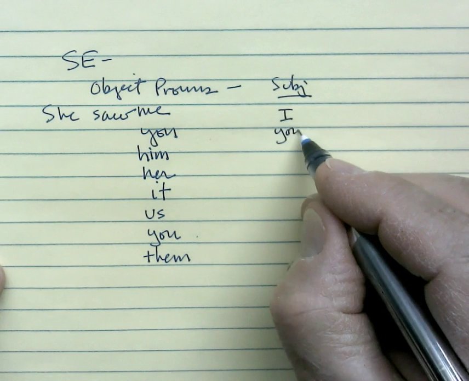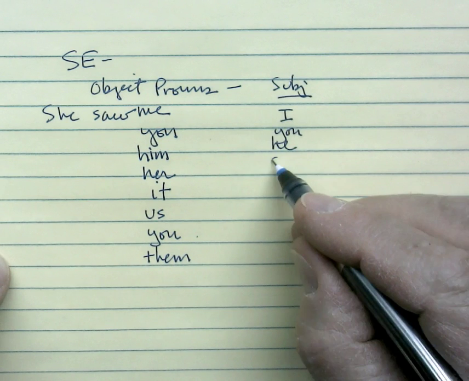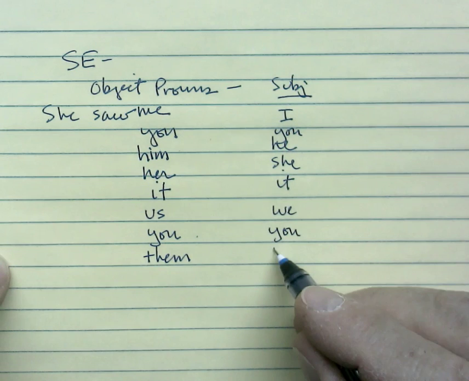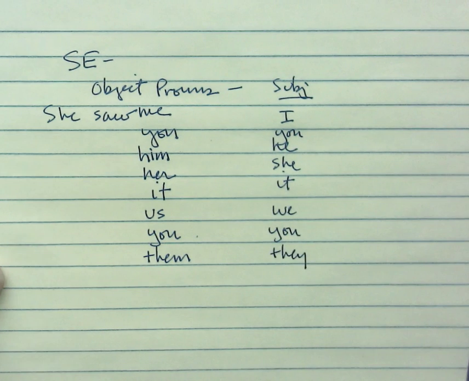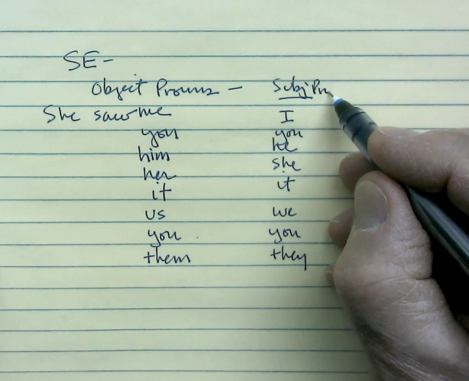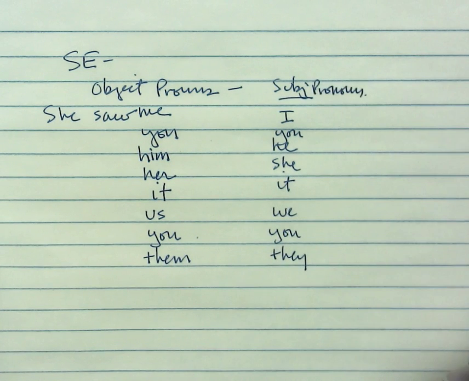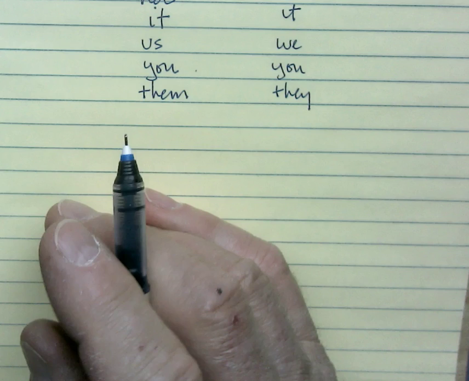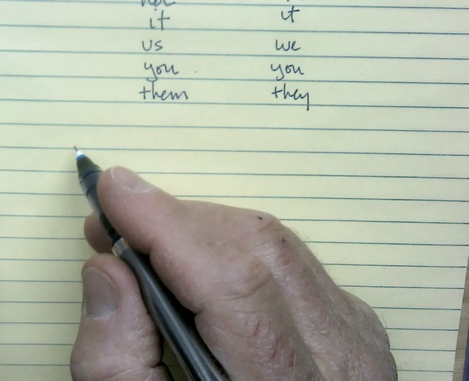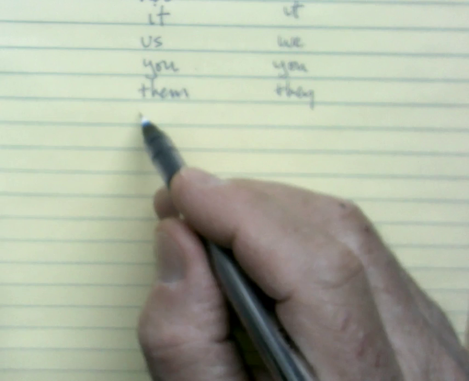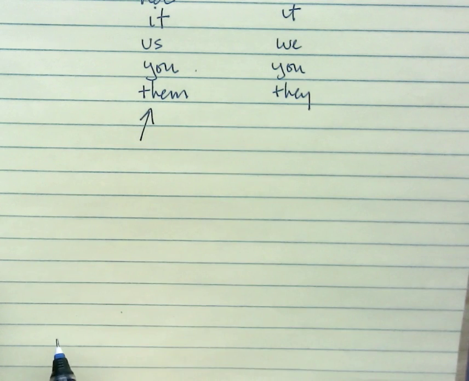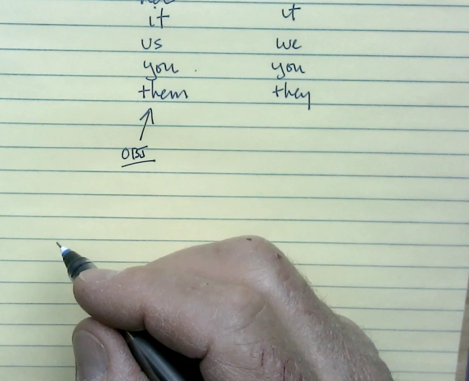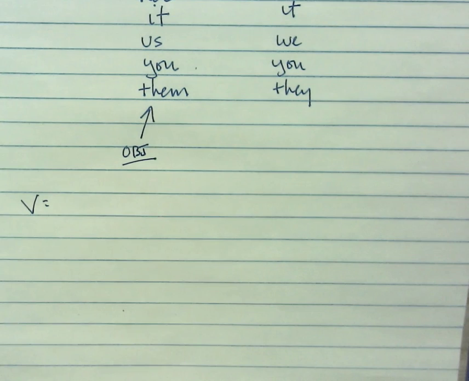I, you, he, she, it, we, you, and they. They look different. These are the subject pronouns. But what vernaculars do, and this is kind of interesting, when they have a coordinated or compound subject, they actually use object pronouns, not subject pronouns. So in the vernacular, we might hear something like,